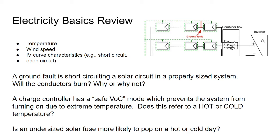Well, when will that undersized breaker trip? Will it be on the hottest day of the year, or will it be on the coldest day of the year? You would say, okay, well, it could trip on the coldest day of the year because presumably under full sun, on the coldest day of the year, if the solar panel is facing the sun directly, it'll produce the most amount of power and the breaker will trip. Well, not actually,